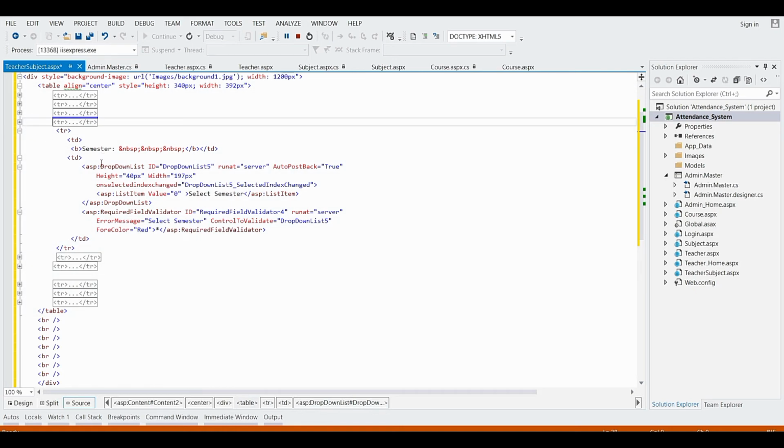In the fifth table row, I have taken two table data. In the first table data, I have taken one bold tag with the text semester and three character spaces. In the second table data, I have taken one drop-down list control and one required field validator control.